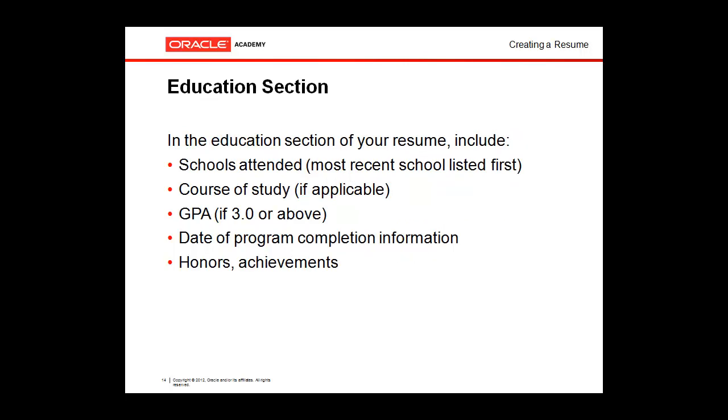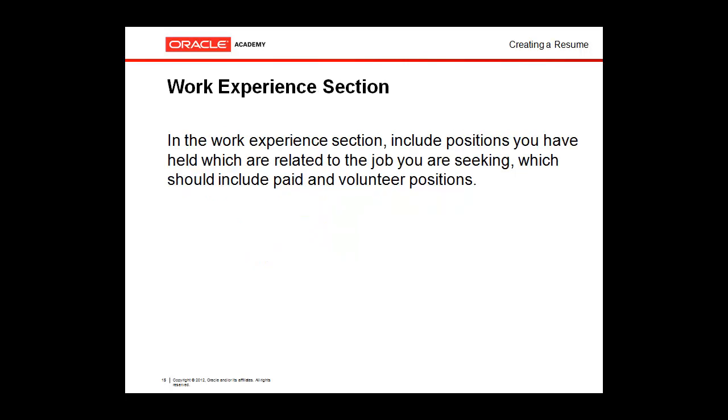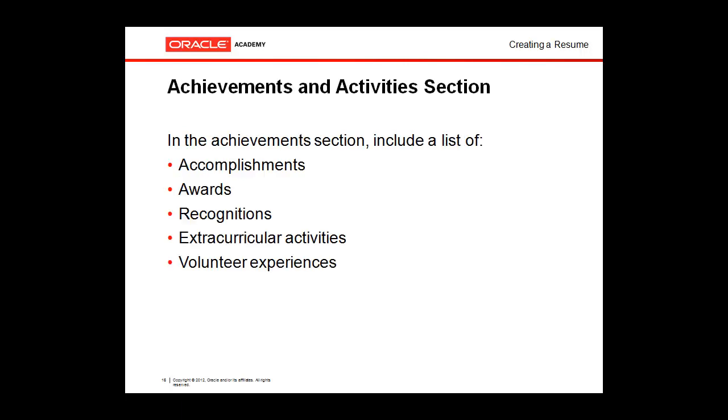In the education section, include the following information. Include schools you have attended, with the most recent school listed first. Include your course of study if applicable. Also include your GPA if it is 3.0 or above, the date that you will have completed your program, and any honors or achievements you received during your education. In the work experience section, include positions you have held which are related to the job you are seeking, including paid and volunteer positions. In the achievements section of your resume, include a list of accomplishments, awards, recognitions, extracurricular activities,